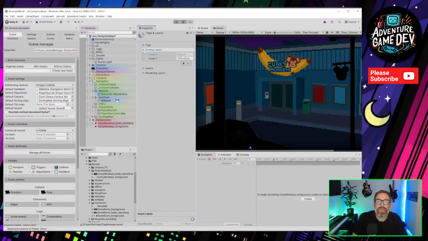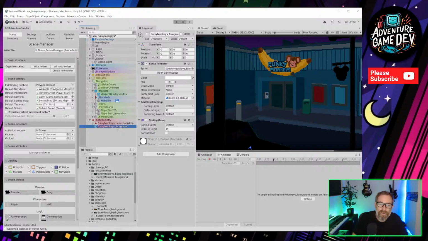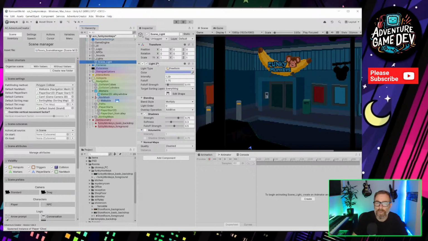So let's create a sorting layer called foreground. I was trying to sort a problem with the office desk in a different room, which I sorted, using the word sorted too much. I sorted the problem with the office desk using a sorting group, but that is not what we're dealing with here. This is a lighting group, a scene light, so it's a Unity Light 2D.